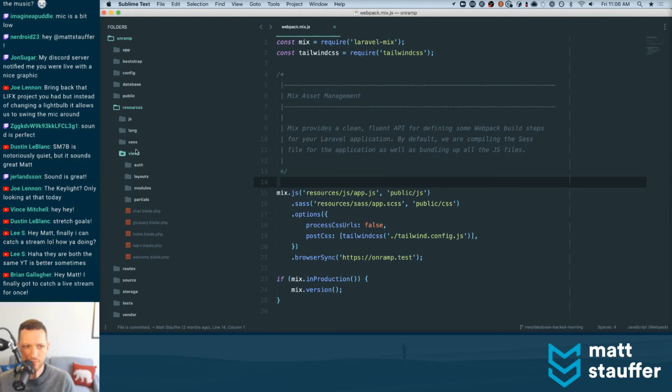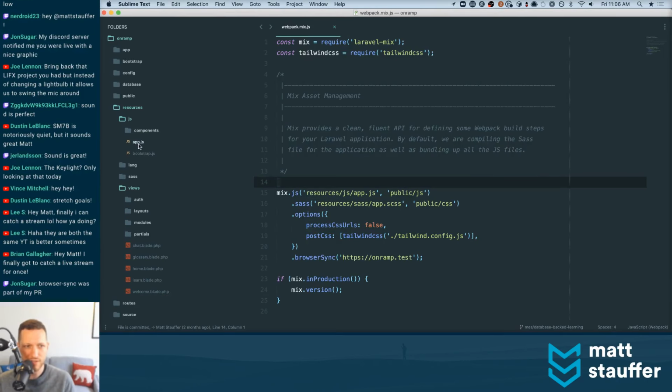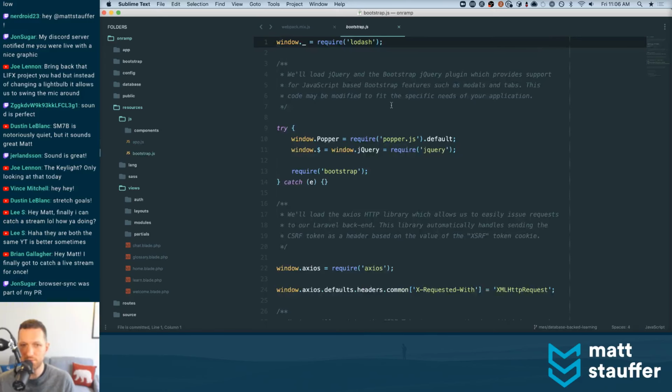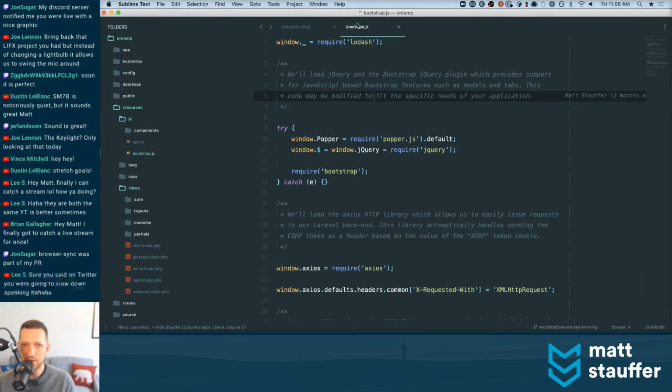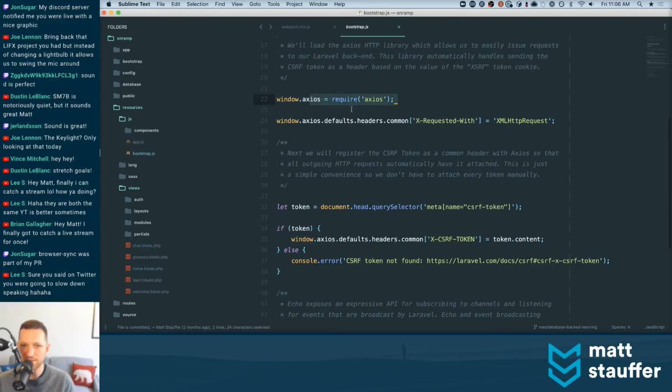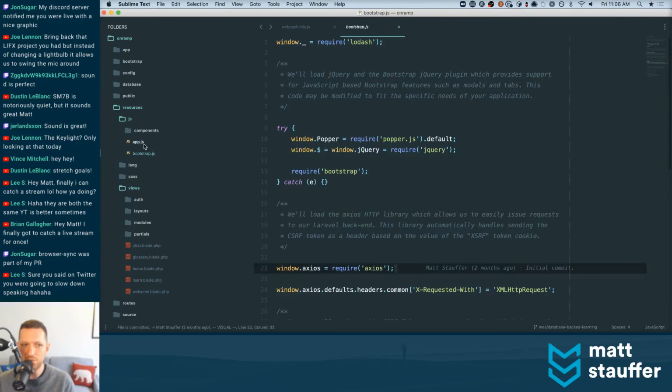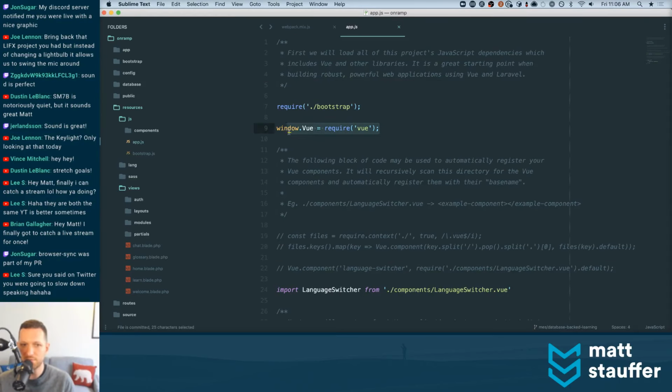All right, resources, js, app.js. When you go to app.js, the first thing it's going to do is pull up bootstrap. This stuff comes by default. That was yours, thanks, John. Bootstrap comes by default, but this is not Bootstrap the CSS framework, although you notice bootstrap.js is loading it. This is a bootstrap file, and it's pulling in lots of dependencies like Axios and setting Axios to have the right header set up and stuff like that. And then once you get into app.js, the first thing it does is pull in Vue,